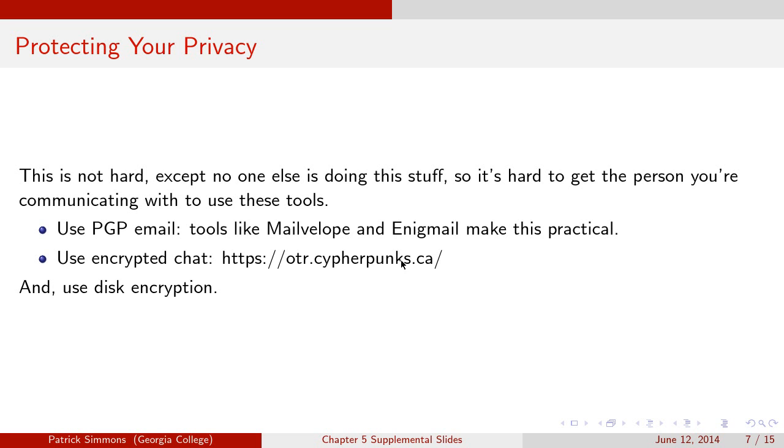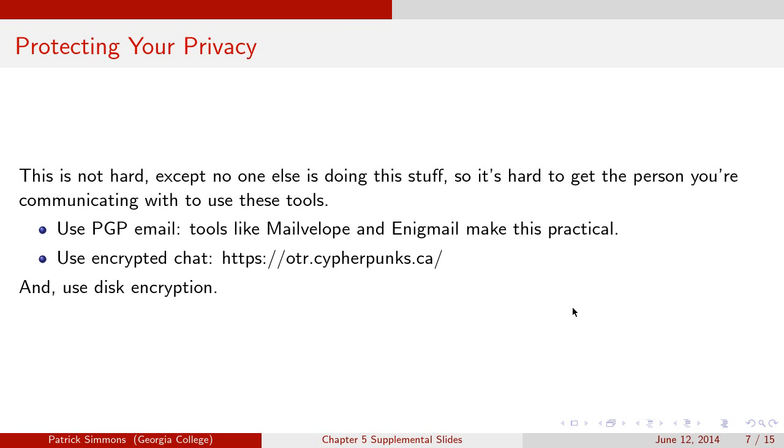This is a tool that has a plugin for the Pidgin Instant Messenger, among others. Pidgin supports anything that uses the standard chat protocol, which is XMPP, and so Pidgin supports communication over Facebook, Gtalk, AOL Instant Messenger,